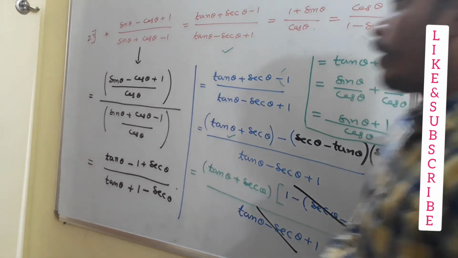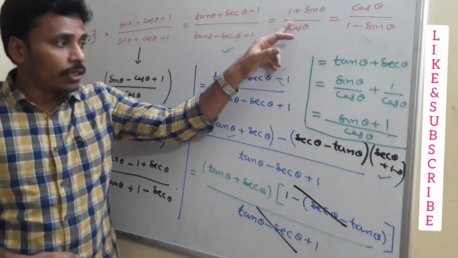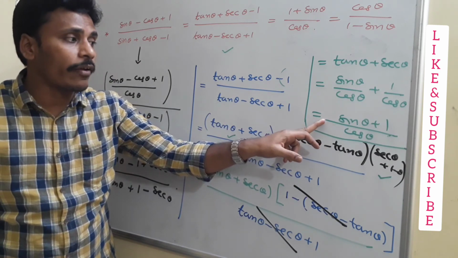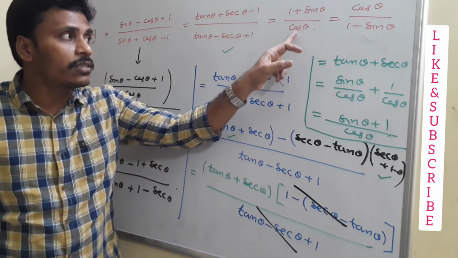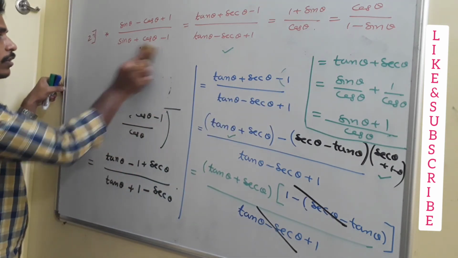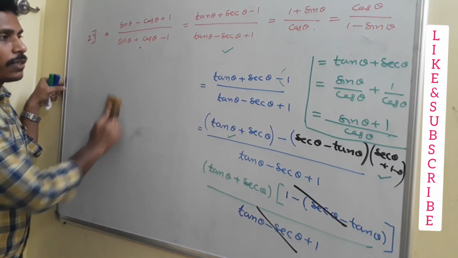And now at the end what do we have? We proved the first statement to the second one, and second to the third, and the third one is 1 plus sin theta by cos theta. And the next part that remains: you need to move from the third statement to the fourth statement. See, that was very simple actually. So you just start with the third statement and try to get the fourth one. How to prove that? Just have a look at this.